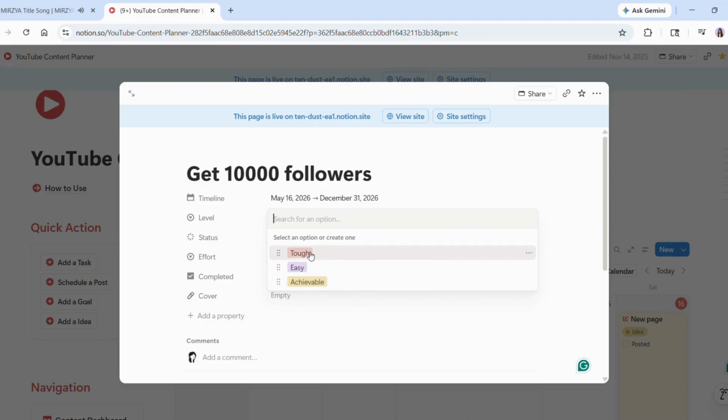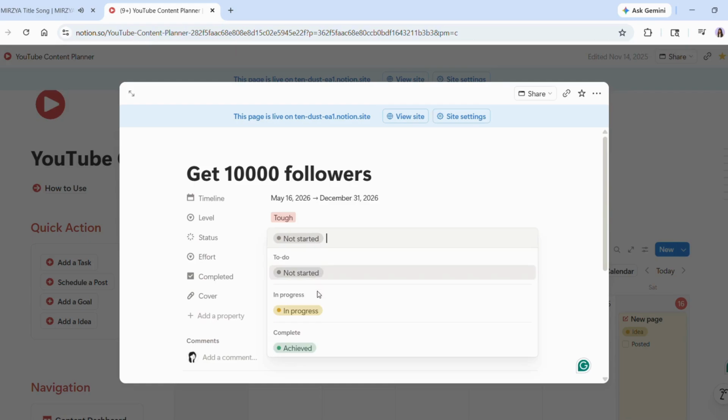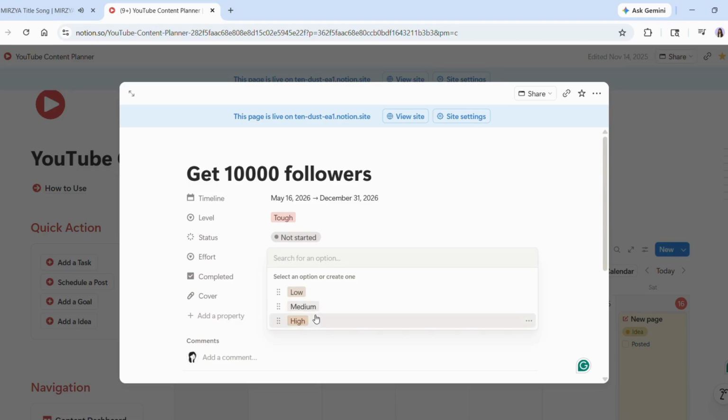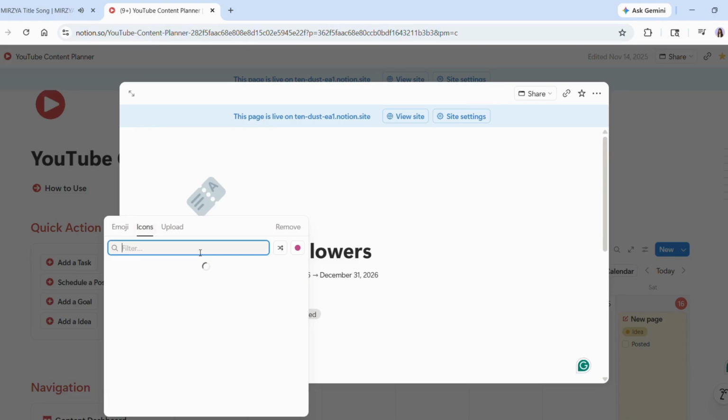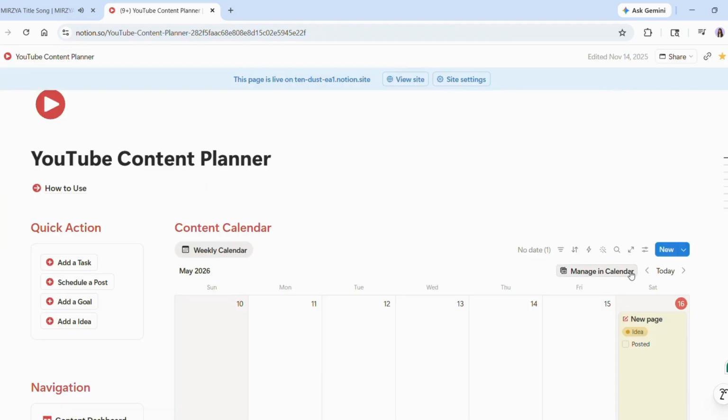Here decide the level, if it is tough or achievable. Then status, then effort, how much effort it need, high, medium or low. I am changing the icon here because I have kept all the red icons, so I am adding here.